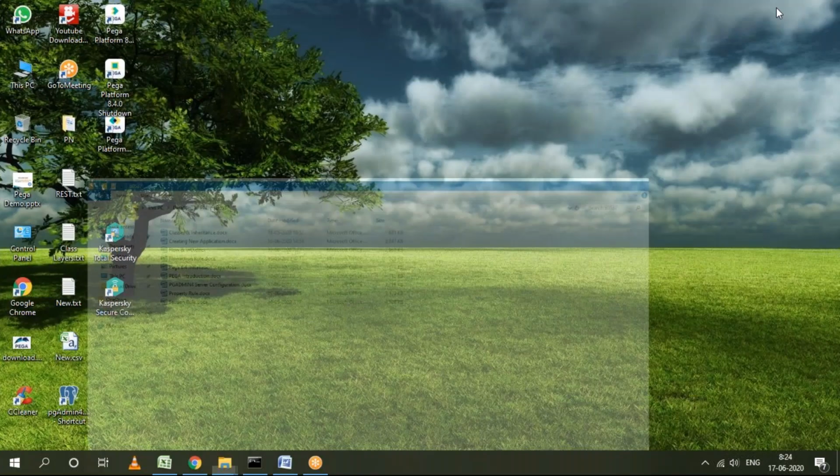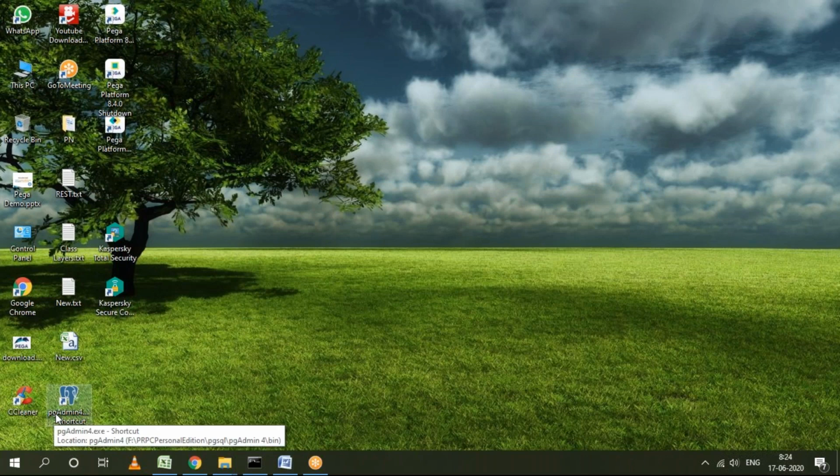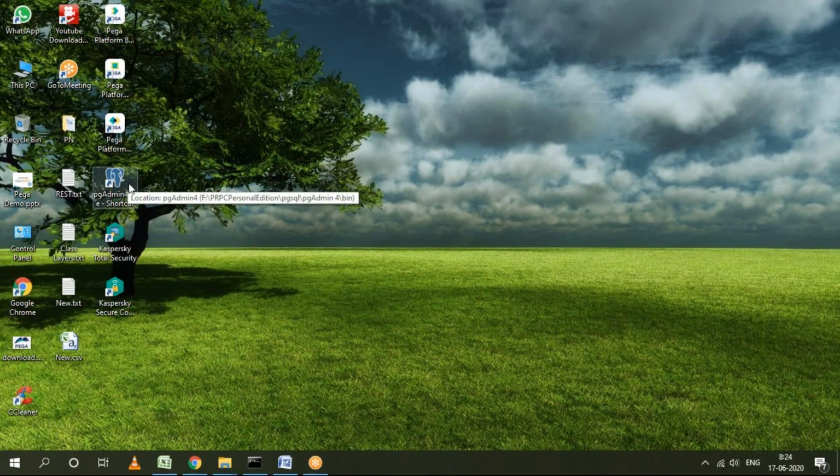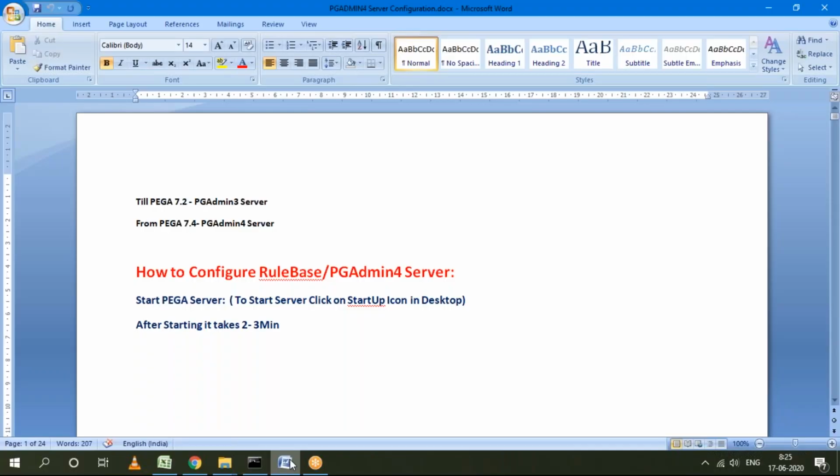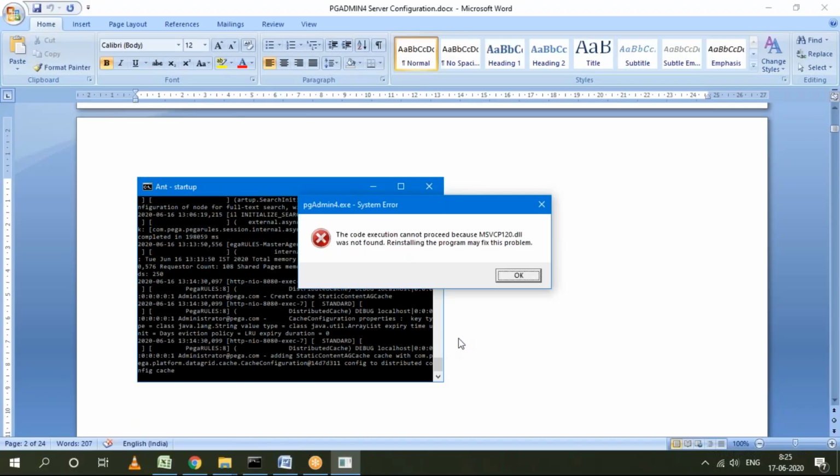See, this one was not there previously. When the application is installed, only these three shortcuts are created, and this one we have to add manually. Added manually. So now what you need to do is double click on this icon. When you double click on this, in some systems, in most, around 80% of systems, they will get some message. This error will come. Actually, I need to install some patch. Some system error we are going to get.